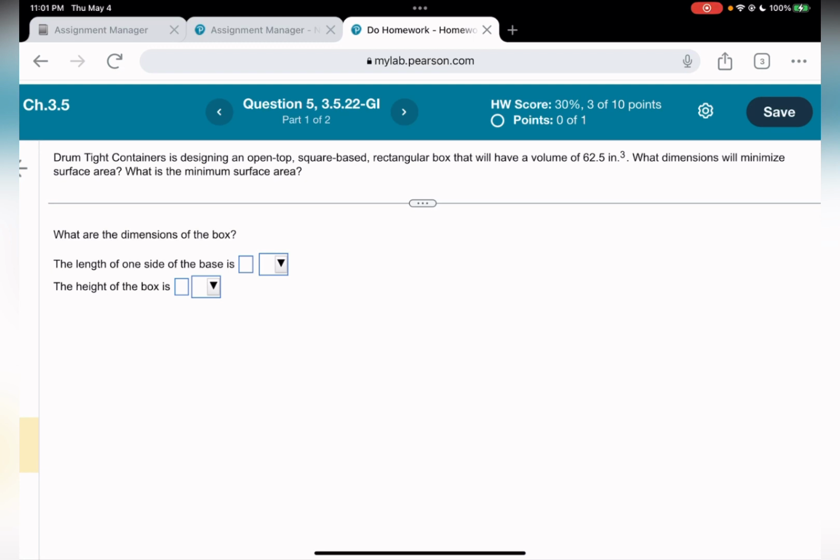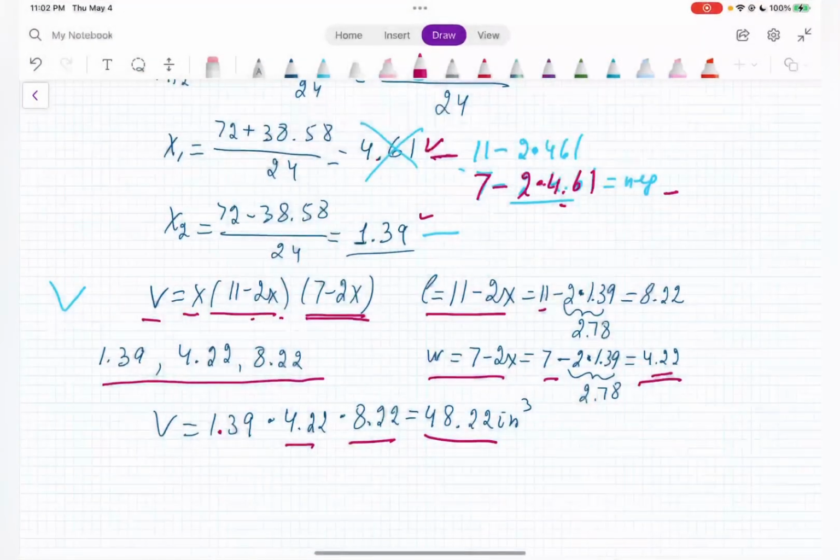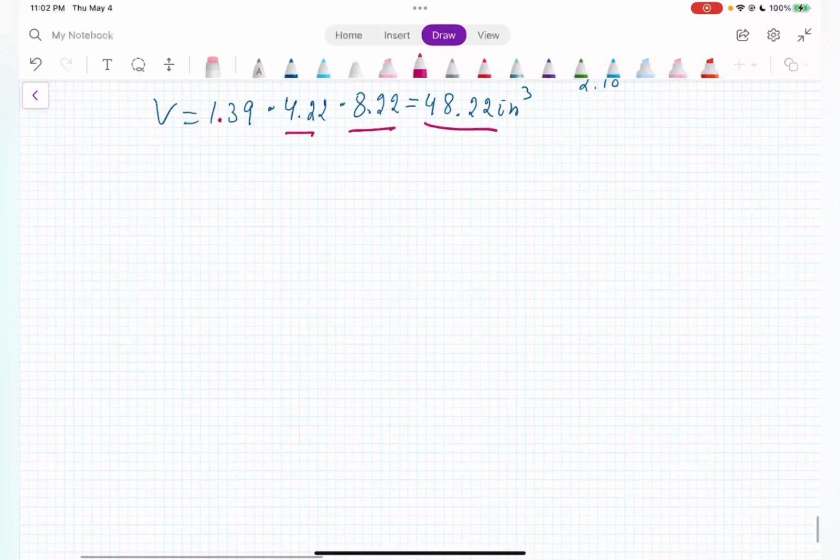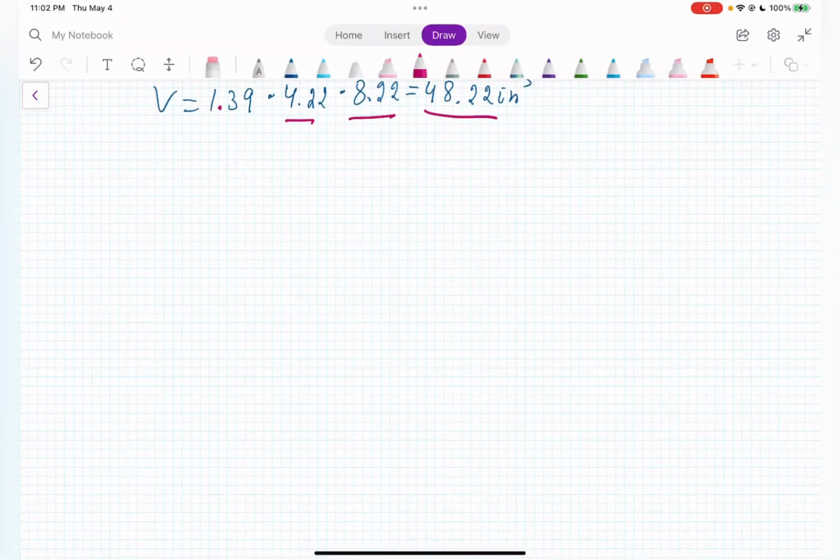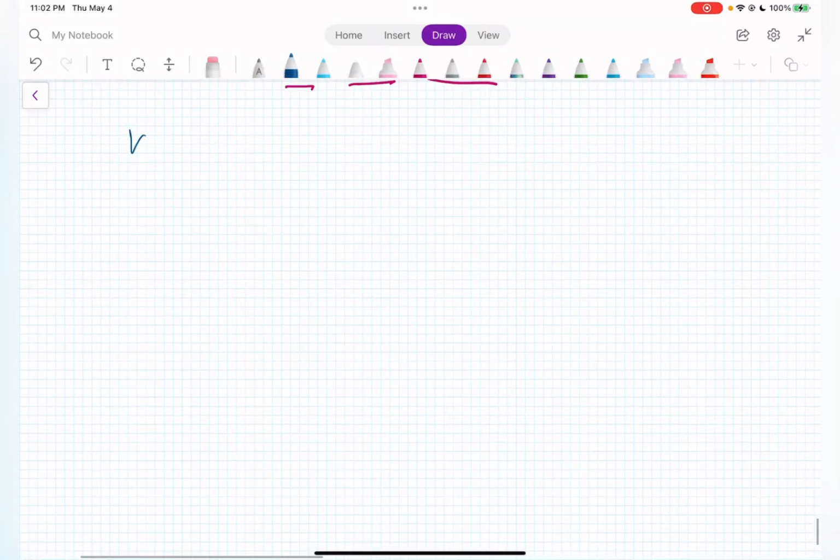So which dimension will satisfy the minimum of surface area, and what is the surface area? Okay, let's start working on it. So we are given volume of 62.5 inch cube. Okay, so first thing, what we are going to do, because we have square, then both sides